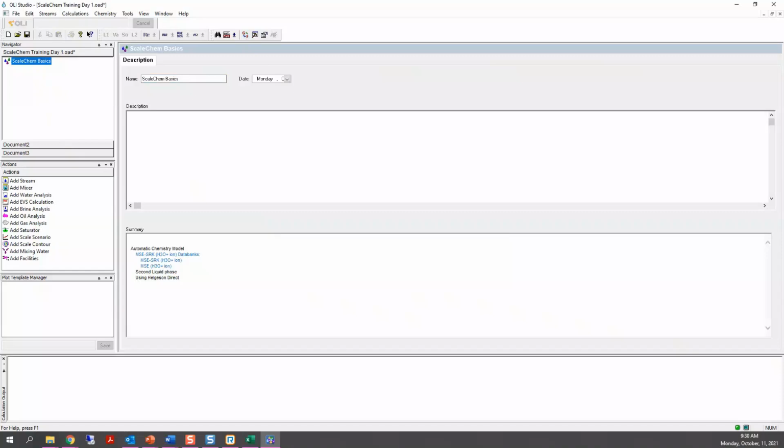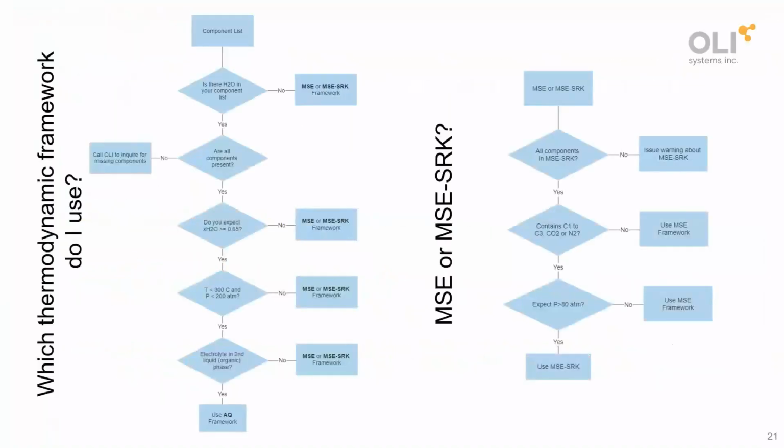Okay. So once we have done that, let me just talk about this slide really quickly. This is still a work in progress. This is something that my colleague Jim and some other colleagues put together on when to use a specific thermodynamic framework. It will walk you through the steps of when you have your components or your chemistry, which thermodynamic framework you can select.